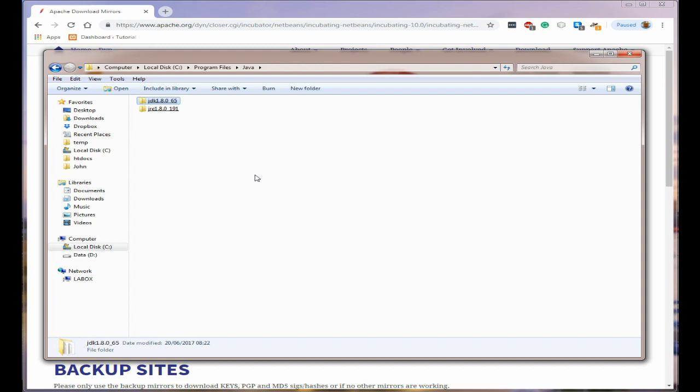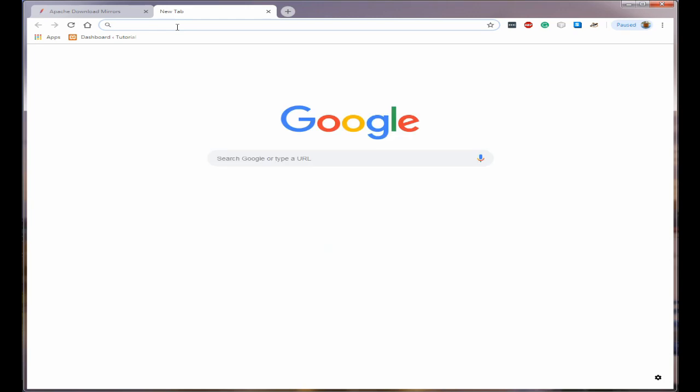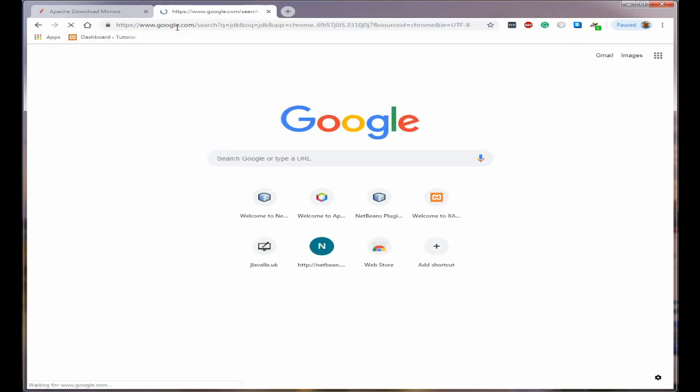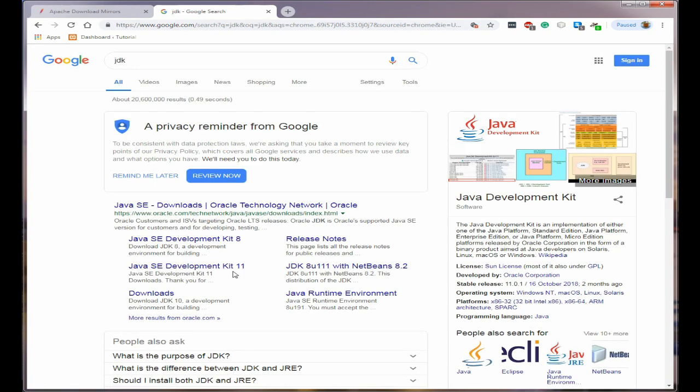You might want to have both JDK 8 and JDK 11 installed on your system because NetBeans 10 makes good use of JDK 11. I have this, but if you don't have it, you can then go to your browser, just type in JDK and press enter. You want either JDK Development Kit 11 or JDK 8. Click on the one you want,